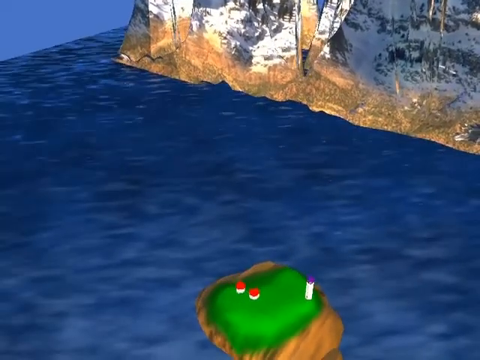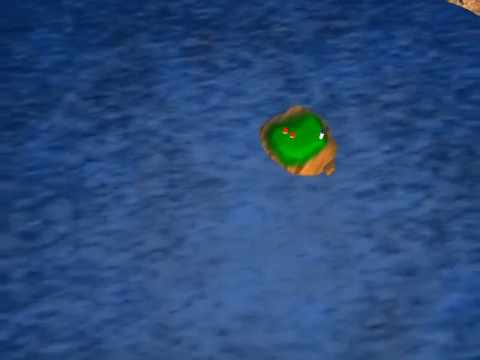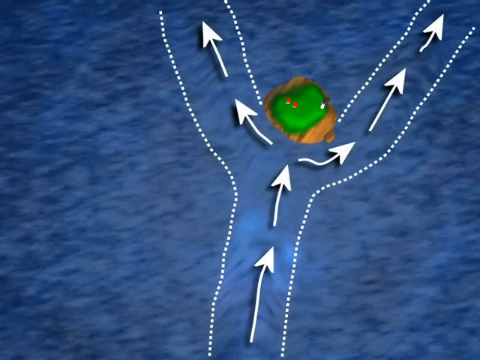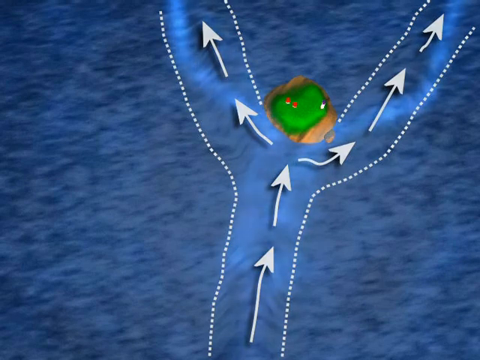In practical terms, a current is a river of water flowing in water. Many currents can be foreseen, therefore avoided, or dealt with in the correct